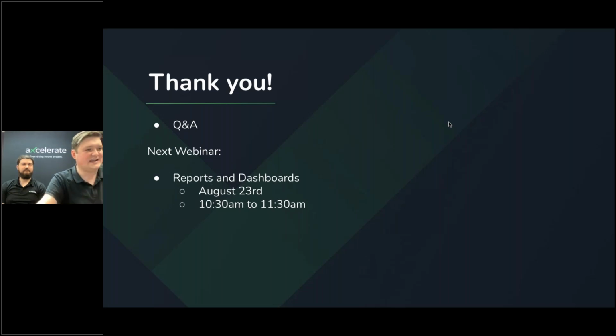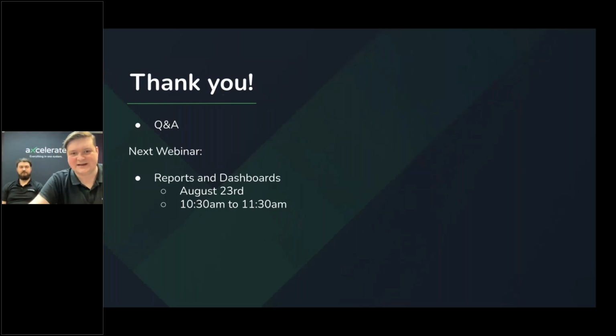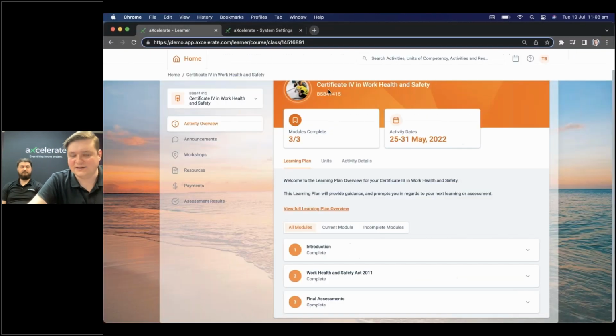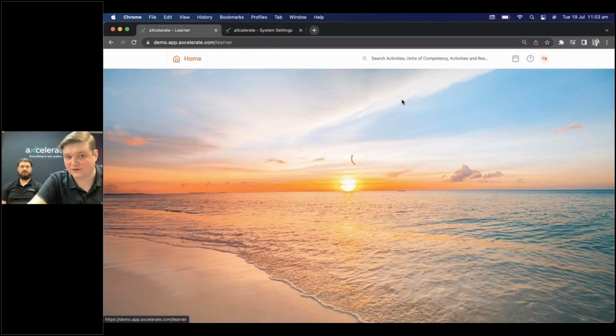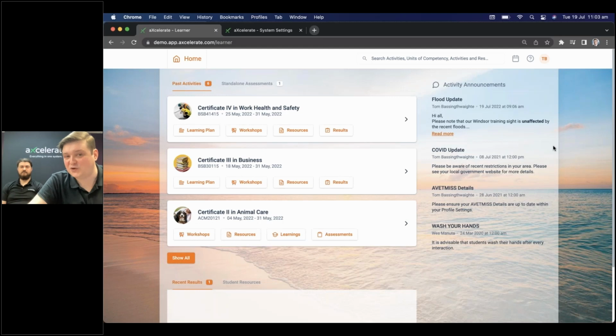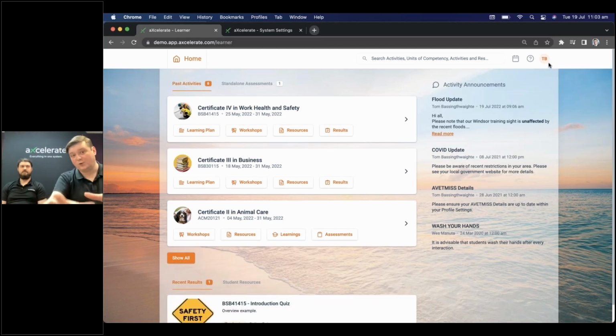So we have a question here from James. How come the night mode changed with the change of learner portal settings, but the theme was tied to the learner's preference? Great question, mate. So I'm going to jump back into our learner portal here. I'll let you know that whether the student is on light or dark mode is purely up to that student. By default, it will always be light mode,